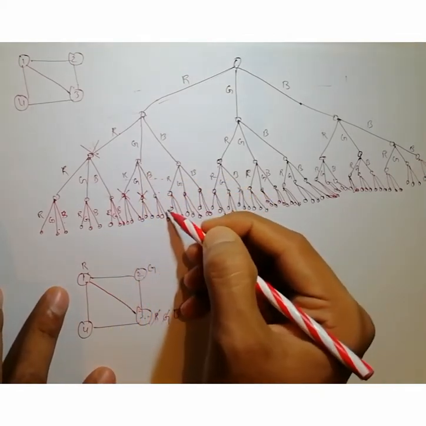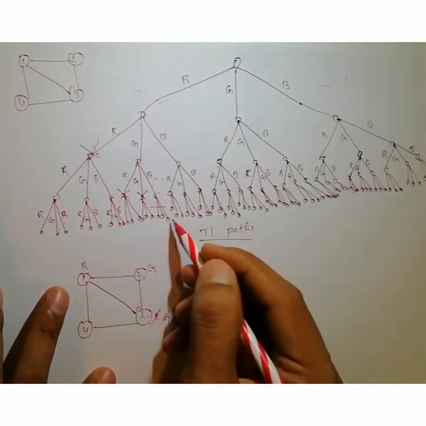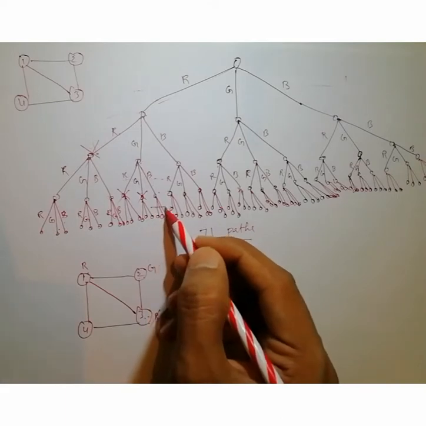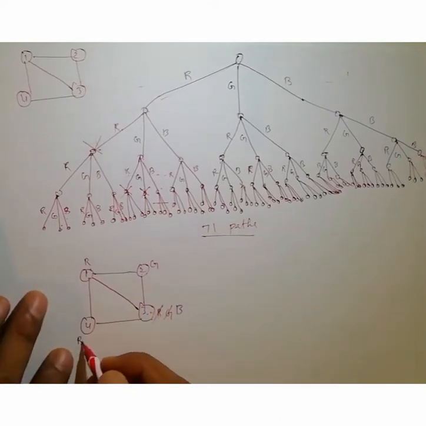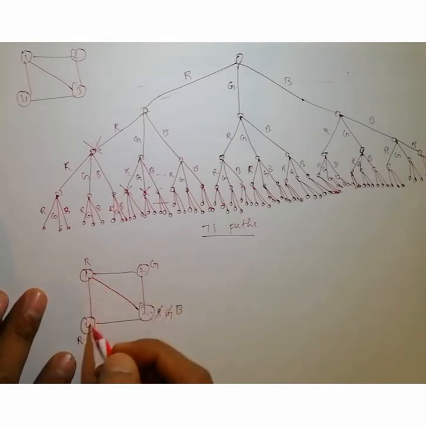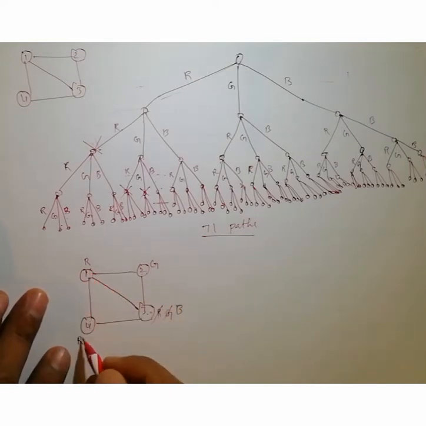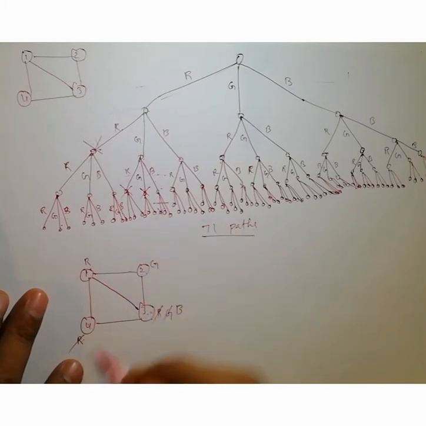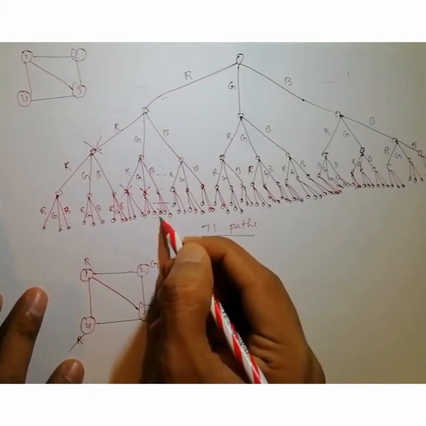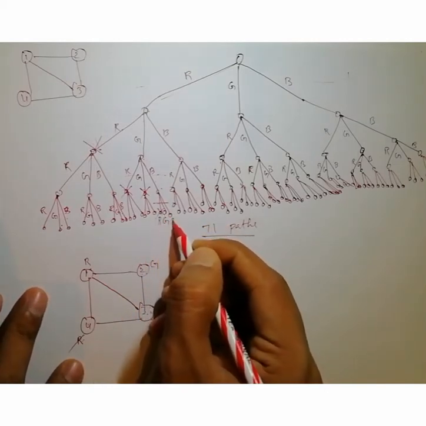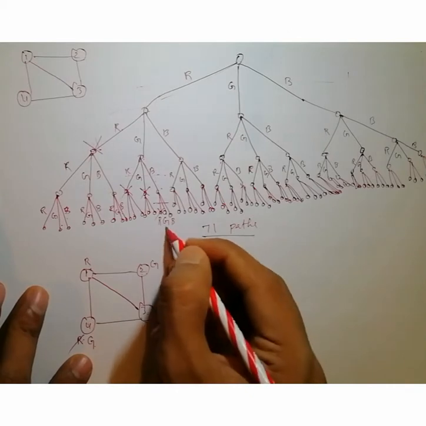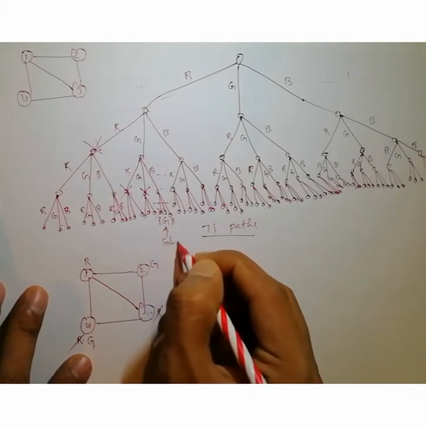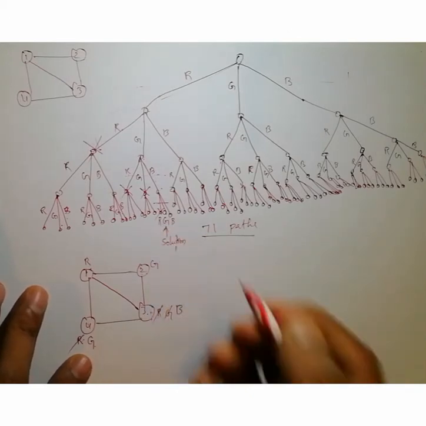Next, come to the next level, that is here. Here, the fourth vertex: red, green, blue. Can I give red color here? No, because if you give red color, the adjacent vertex has the same color, so I can't give red color. So the first one you can delete. Next, the second option, green. Can I give green color? Yes, I can give. So the color giving is over. So this is one of the solutions. I got one solution, that is solution 1.